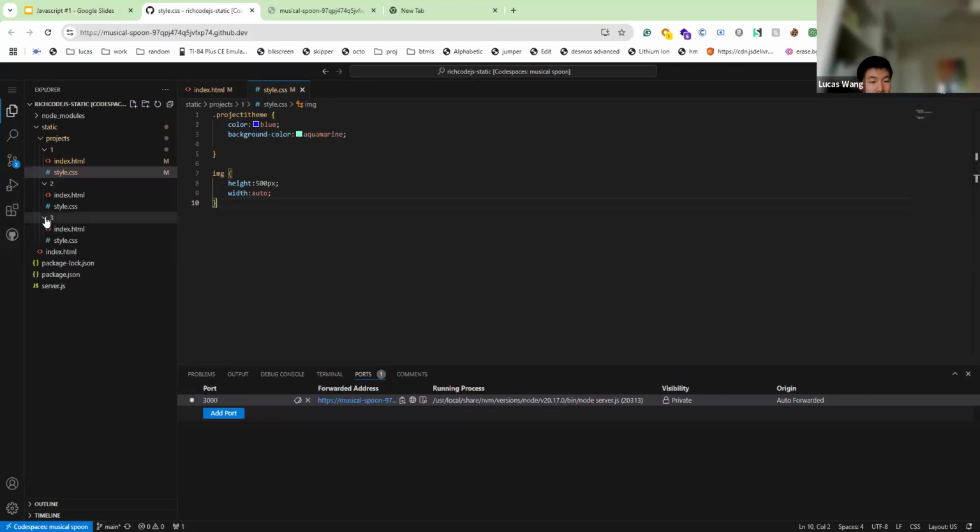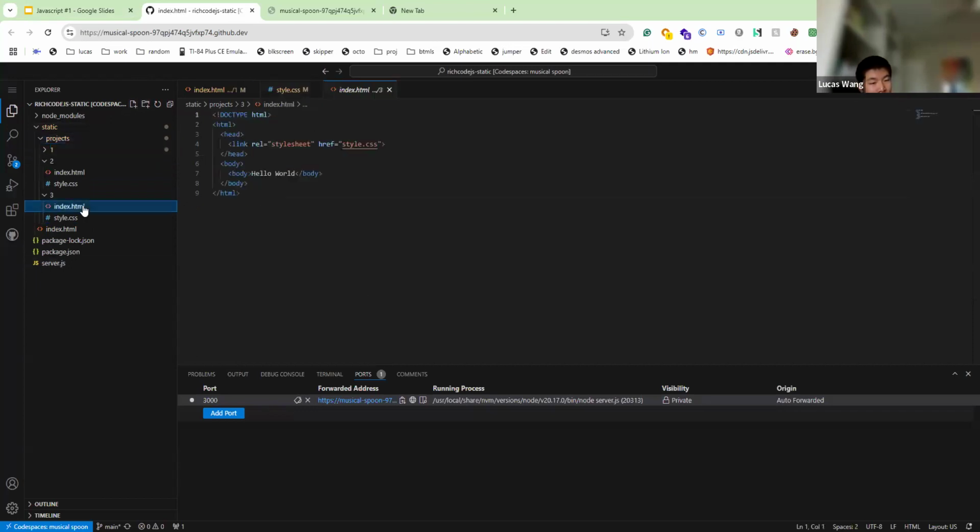I think one of you mentioned that you were missing 3. You should not be missing folder number 3. If you are, you can just use this button to create a folder. Sorry, just click on projects, create a folder called 3, and then in that folder you can make an index.html and style.css and copy over your code from your project 2,